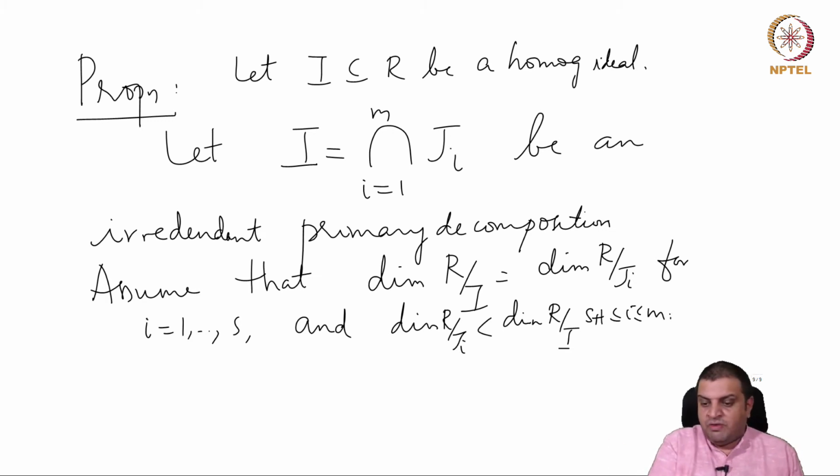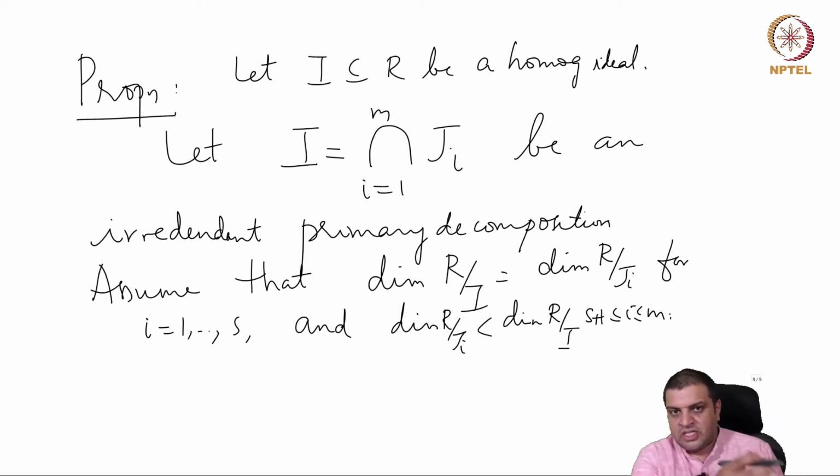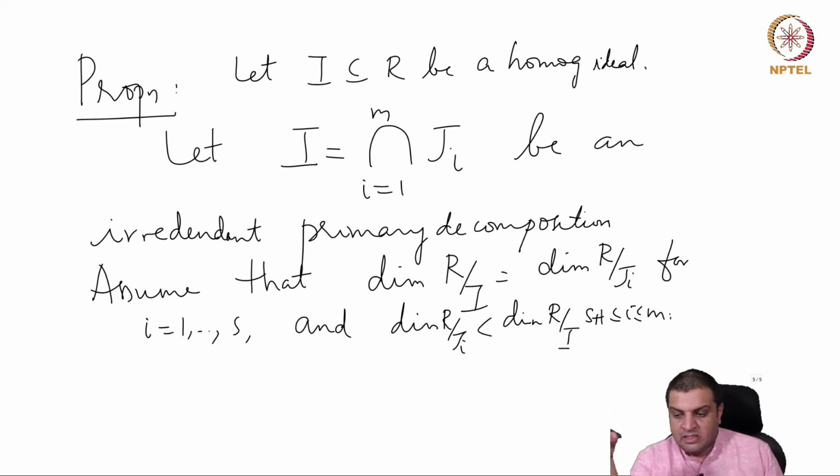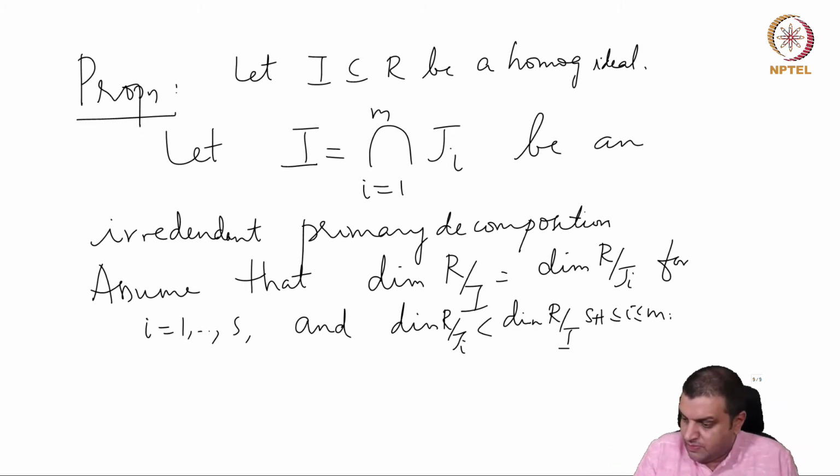So we have arranged the J_i so that the first s of them are the ones which have maximum dimension, and the rest of them have smaller dimension. Okay. Then